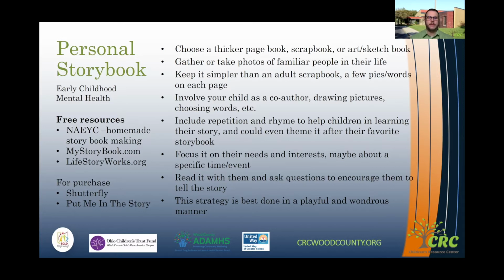And the topic of this one is personal storybook. Personal storybook can be used to help your kiddo gain some self-concept and self-understanding and help support their overall mental health. And it also might allow them an opportunity to talk about their experiences so far or to see their experiences in a book. And maybe also talk about their feelings or share their feelings about something that happened in